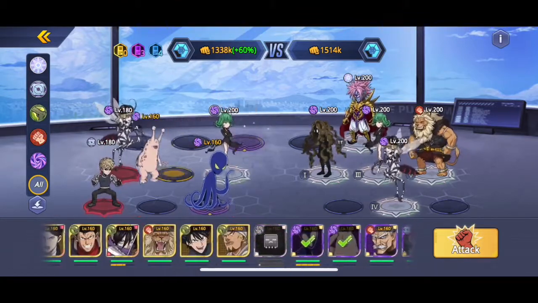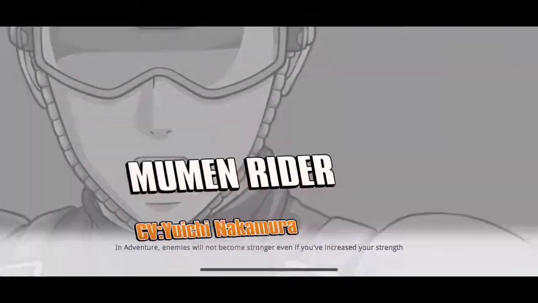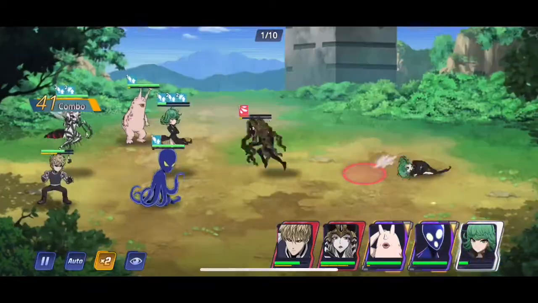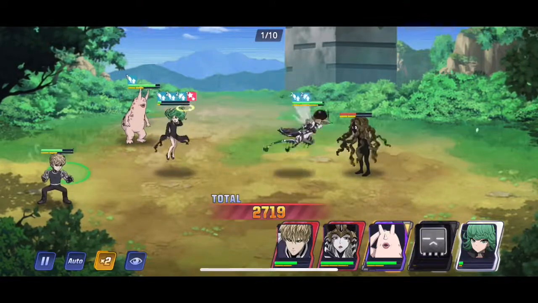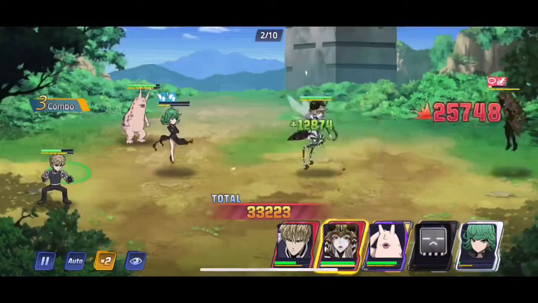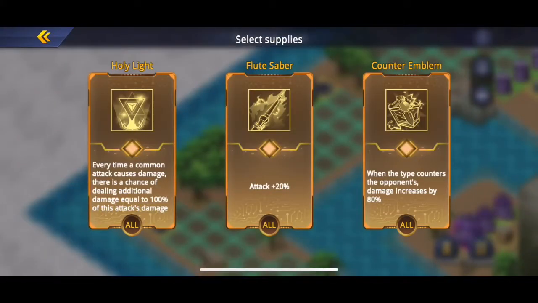Yeah, so you'll notice I'm putting a bunch of my psychic heroes in just to increase that critical damage, which works really well. Only lost the Jerry on that one. Got pretty close, really, to losing that tornado, which would have been terrible. And then